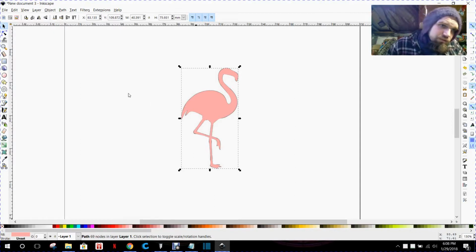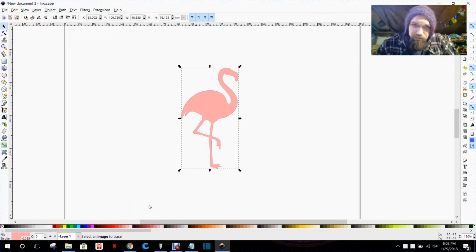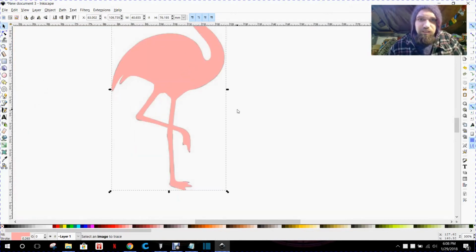I want to change the line color. Maybe that would be right click. Fill. Oh well, if you right click, it gives you options. That's cool. Set fill, set stroke. So if we set stroke, it would also change that. And it looks like,